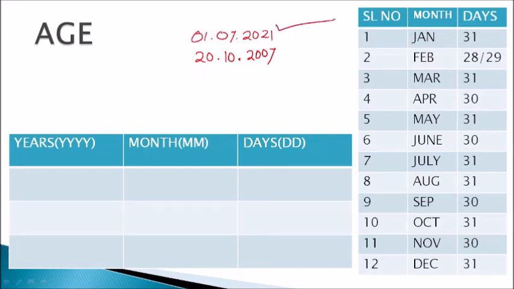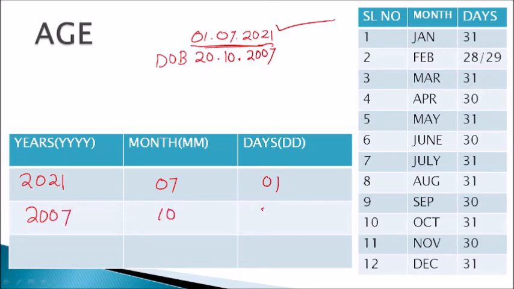First of all, write the present date, and the next one is the date of birth. First of all, write the present date in this format: years, month, and days. So in the column of years, you'll write 2021, and here it's 07, and here it's 01. Now you'll write the date of birth of that person, that is 2007, and here it's October means 10, and the date is 20. As I had already told you, we will start the calculation from right side,